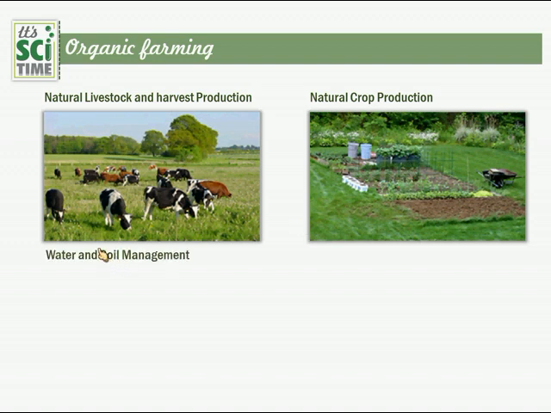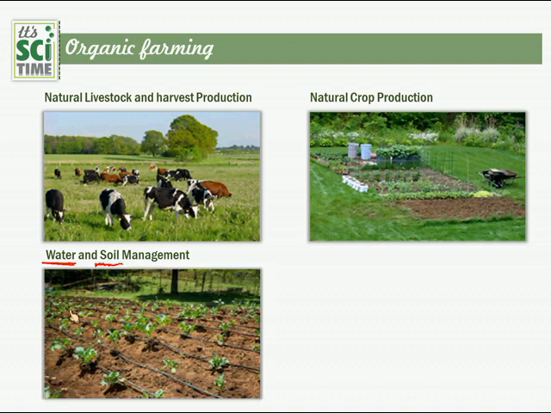Next one, water and soil management. Limited water we have, therefore we must manage water and soil. The maintenance of soil quality is very important. See how they have done that one. The water is supplied with the drip irrigation process to manage the limited water sources, and the soil nicely prepared